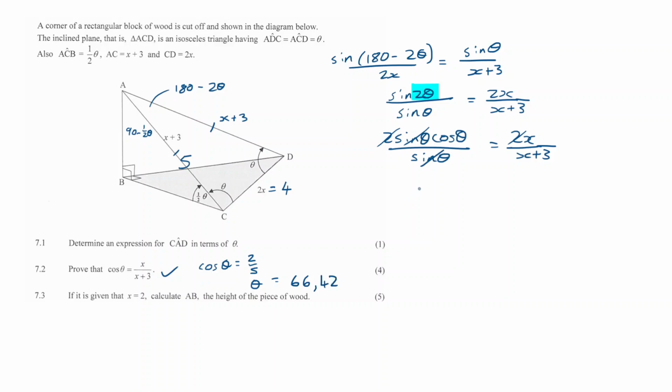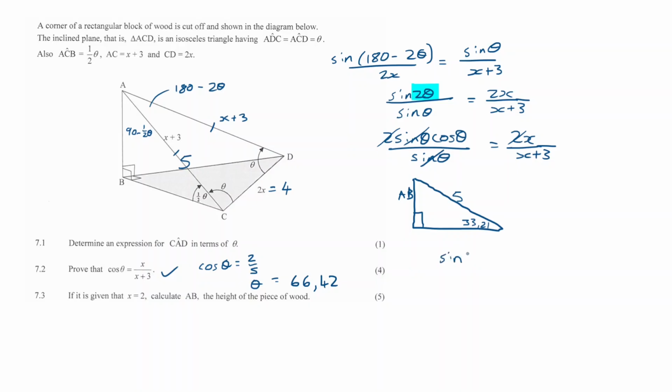This is just a subtle little extra trick. When you get busy pictures, you might consider this a busy picture, you might not. And why it's helpful is this angle at the bottom here is half of that, so 33.21. And so now it just looks so much easier on the eye. If I'm trying to work out AB, I can see it's a 90-degree triangle, and so I can just literally go back and do